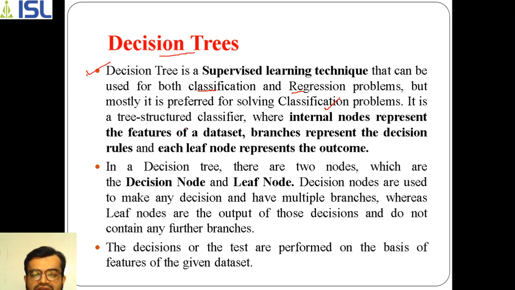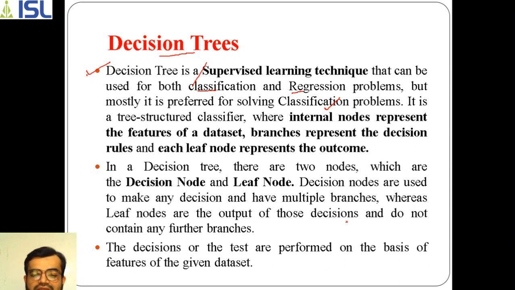As you know, the name itself says that it is one kind of a tree. This tree has nodes, and it has leaf nodes and decision nodes as part of the decision tree. So what are these decision nodes? Decision nodes means, at the given node we need to decide how we can proceed further in the given example.